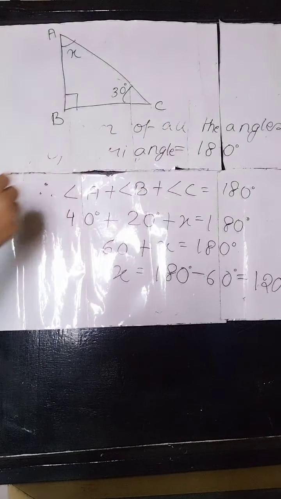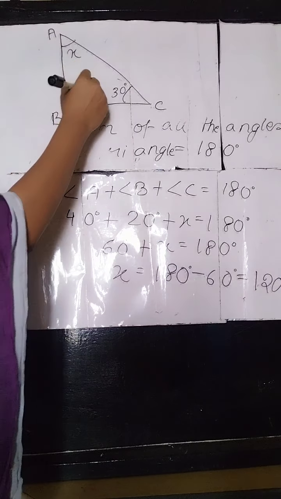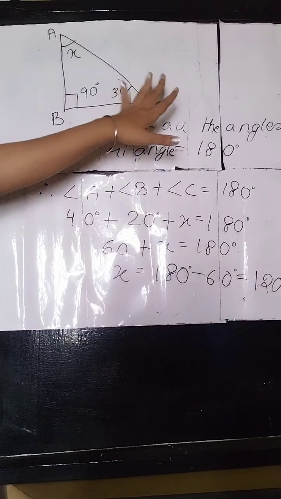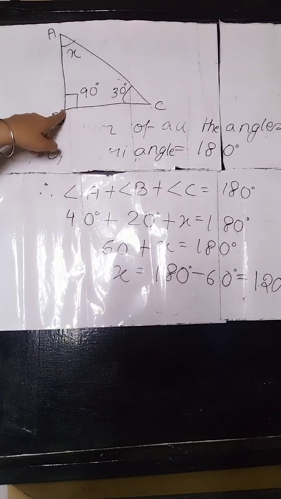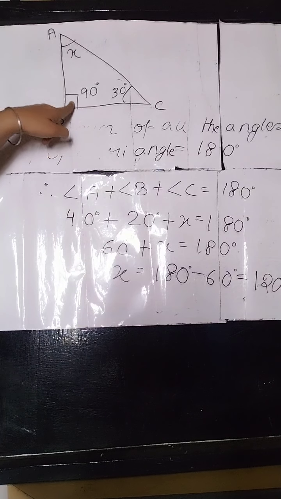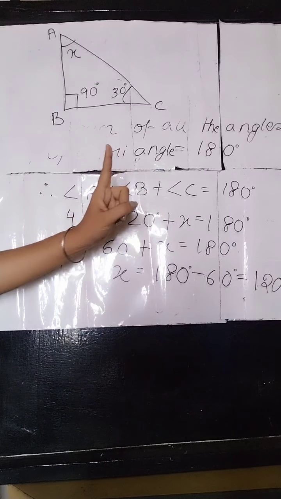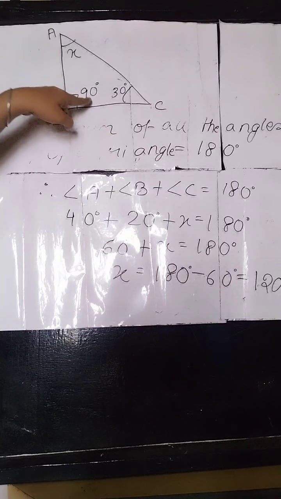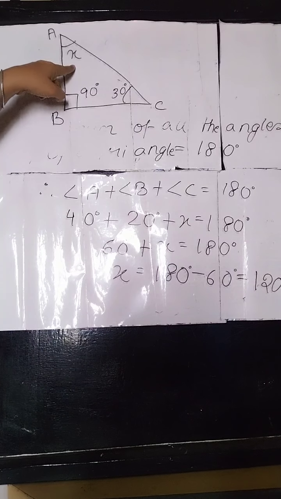Now you can see that this is a right angle triangle. So of course angle B will be 90 degree, which may or may not be given to you, but you can know from the figure that this is a right angle triangle. Whether given or not, this angle must be 90 degree because it is a right angle triangle and one angle must be 90 degree. The other angle, angle C, is given 30 degree and angle A is missing, that is x, and you have to find out the value of x.